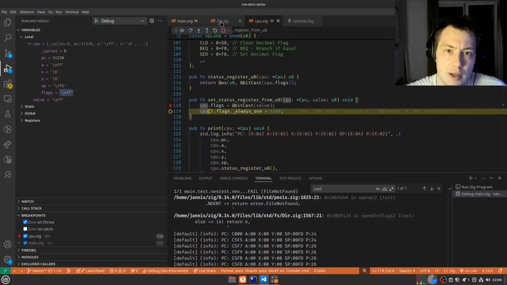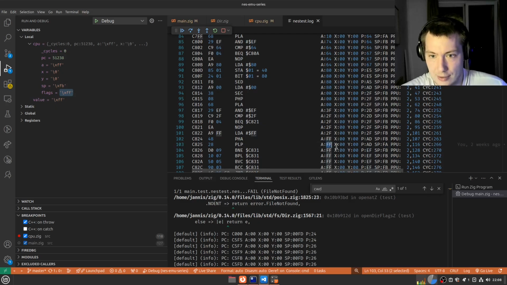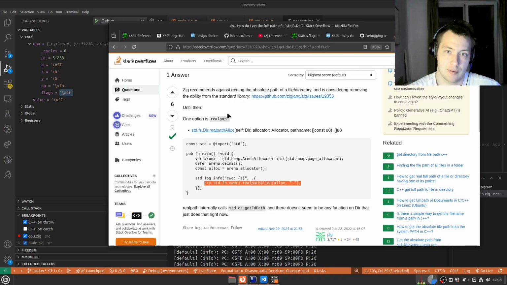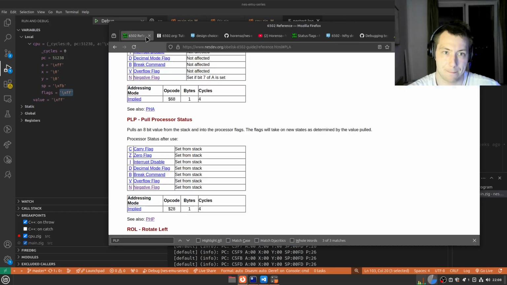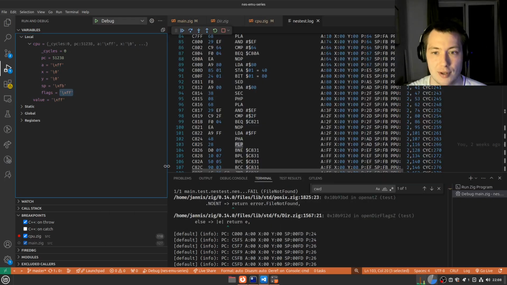Yeah, because we had... Okay, how is it? We had FF. Now we push P to the stack. We pull the stack into the status register P, and what I don't understand is